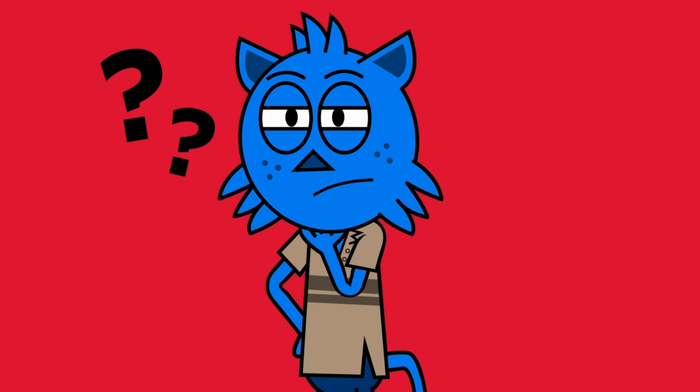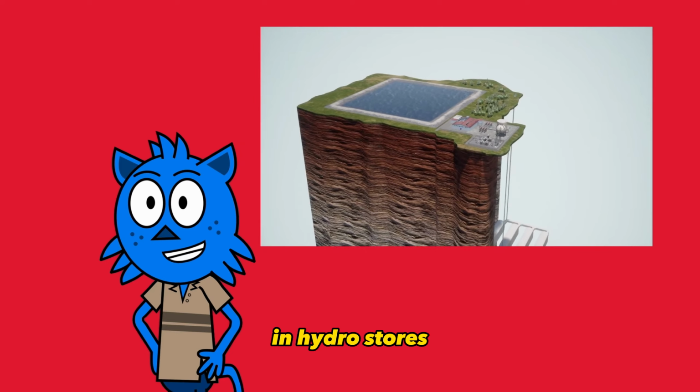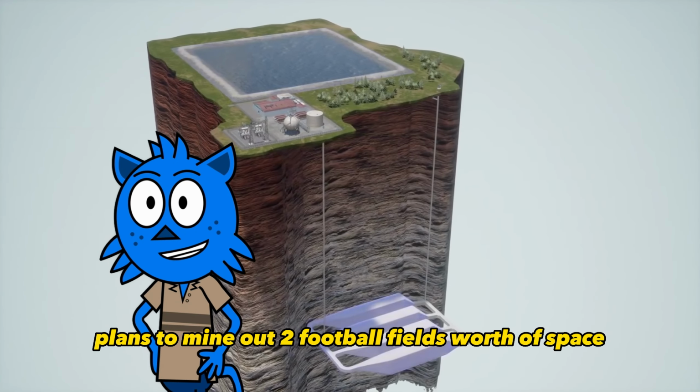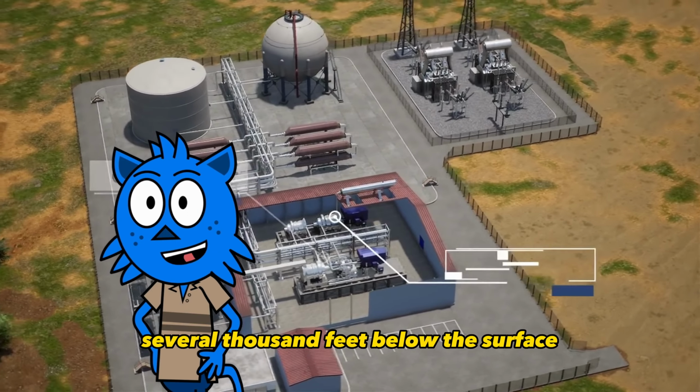Hey, did you know some batteries use air? California is investing $1 billion in HydroStore's compressed air battery, which could potentially be the world's largest. HydroStore plans to mine out 2 football fields worth of space by drilling 3 shafts several thousand feet below the